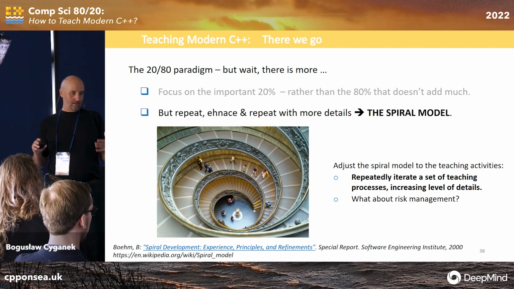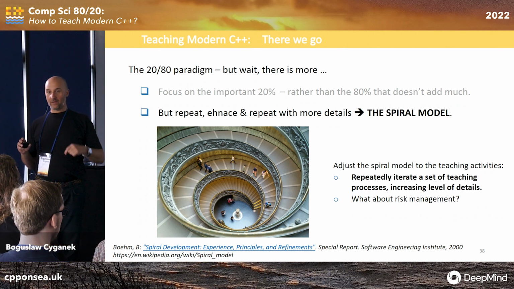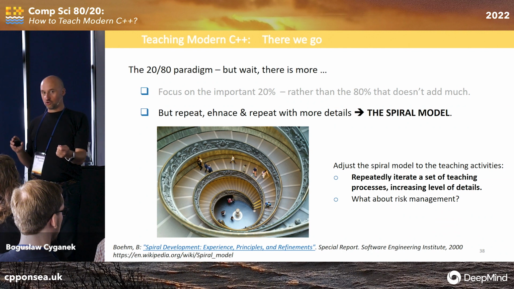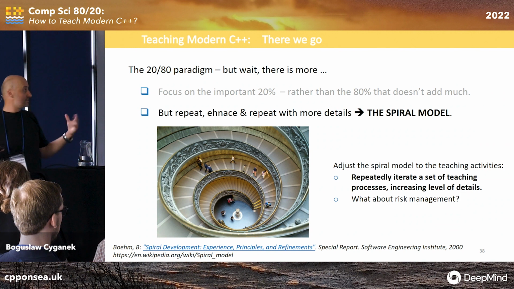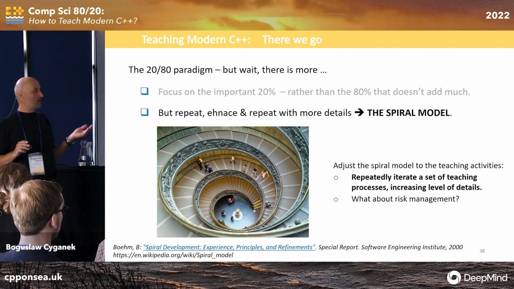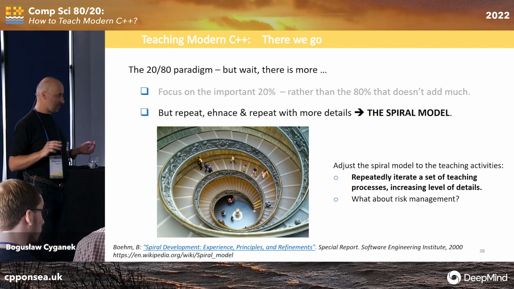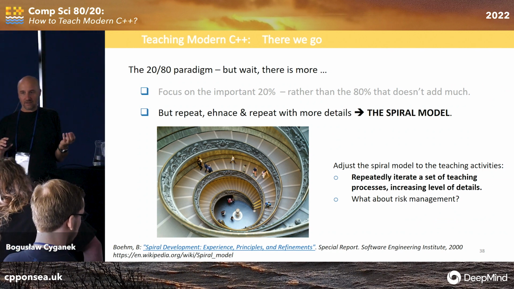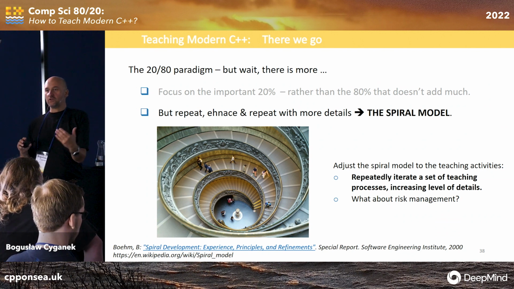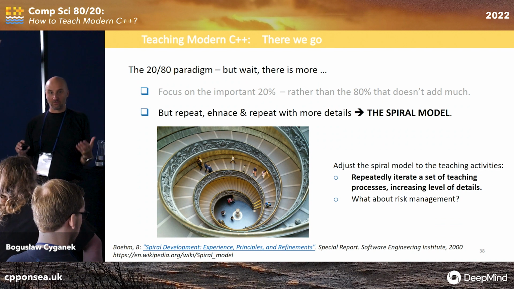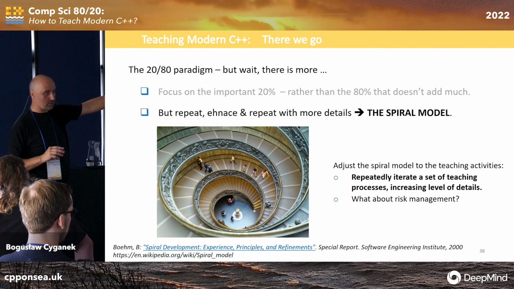What I mean, you'll show vector like I just showed in this example, but then you go again with the vector and you show more. Then you go again and you show how to make a matrix out of vectors and so on and so on. And you go up. What about risk management? We can talk about this a little bit later, but certainly be agile. So the risk is you go too fast, or your set of features is not appropriate for this group or for the progress. So you have to think of this.